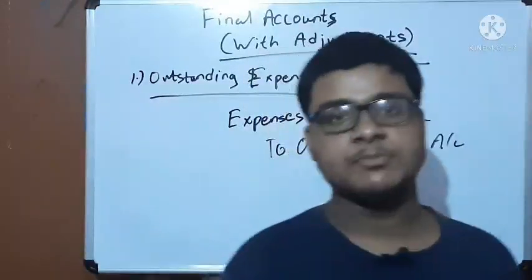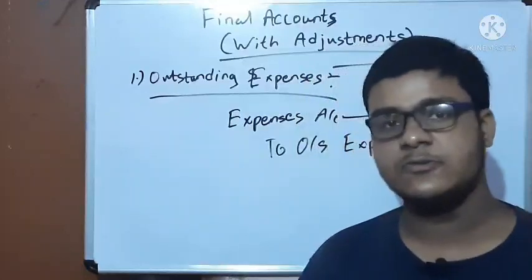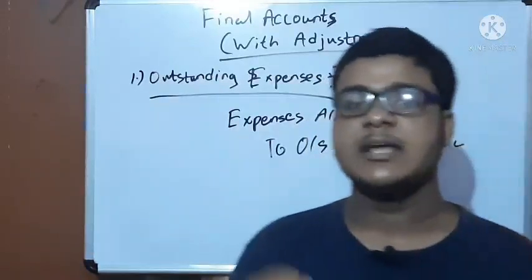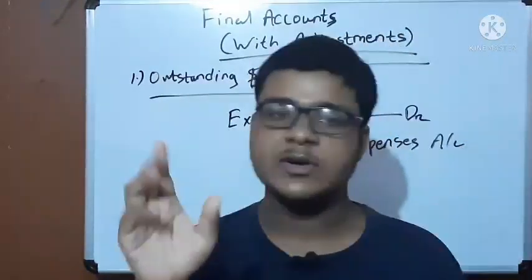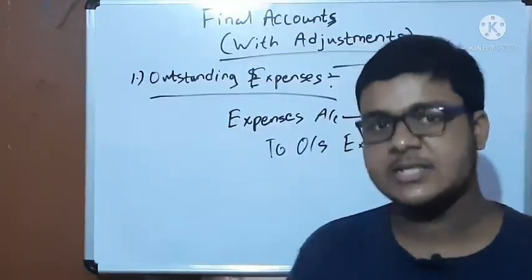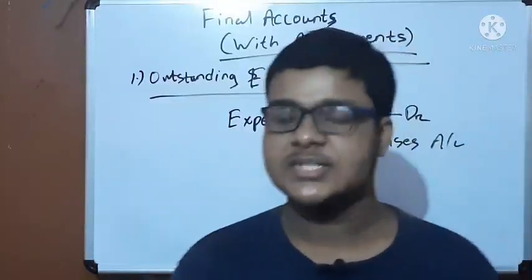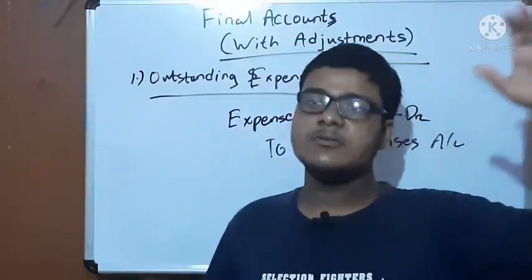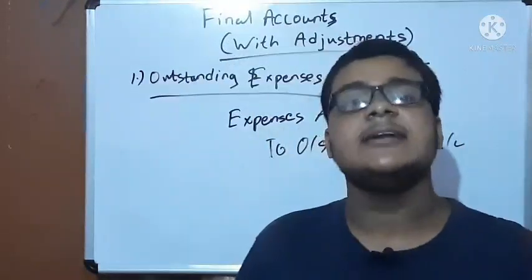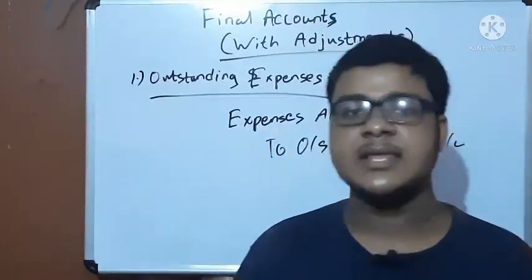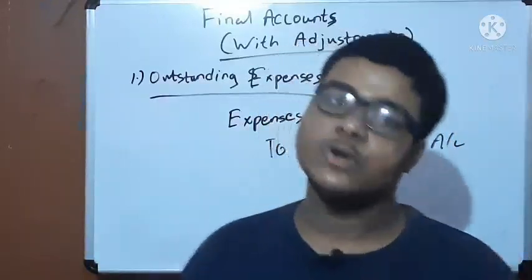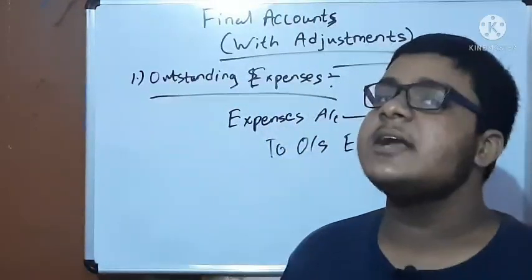If we take the example of salary, where is salary recorded? Salary is recorded in the profit and loss account, on the debit side. So if the salary amount is 23,000 and the outstanding salary is 7,000. The salary recorded as 23,000 is related to the current accounting period and is already paid. But the outstanding salary is also relating to this current accounting period, included in it, but not paid during the current accounting period. It is to be paid in the next accounting period.